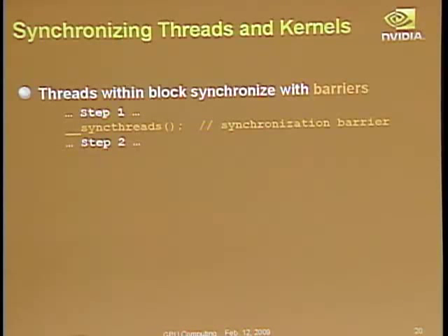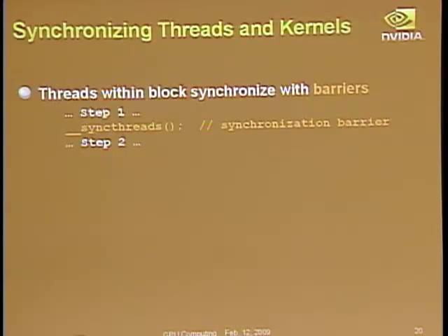Now, to make all these threads synchronize, we use barrier synchronization because it's well known and easy to understand. In the GPU, we built special hardware to do barrier synchronization in one instruction. That took a little bit of trickery, but it turns out to be very important to have really fast barrier synchronization hardware because it happens so often. CUDA programs call sync threads over and over and over again. Every time you write something which has got to be seen by another thread, you've got to do a sync